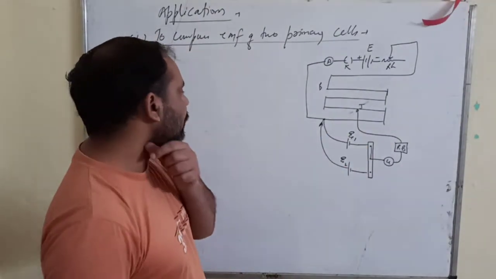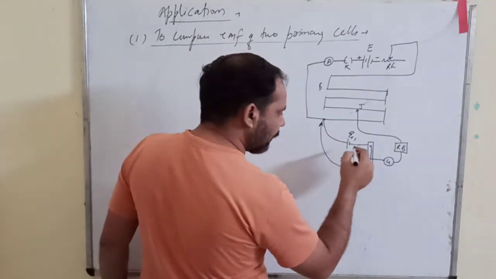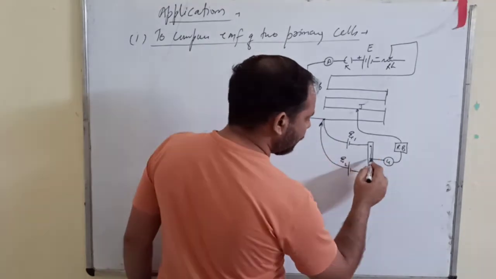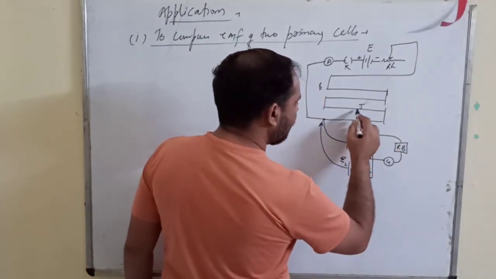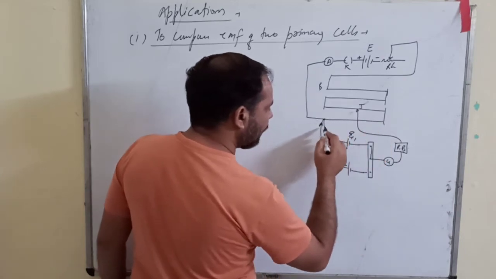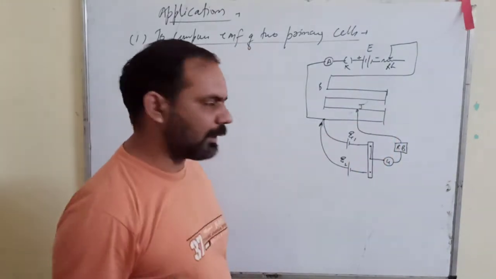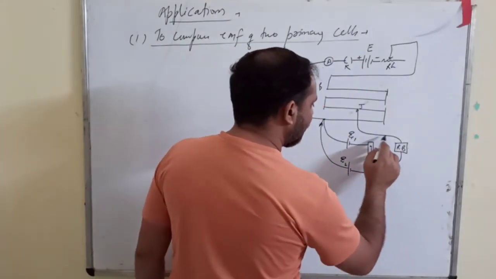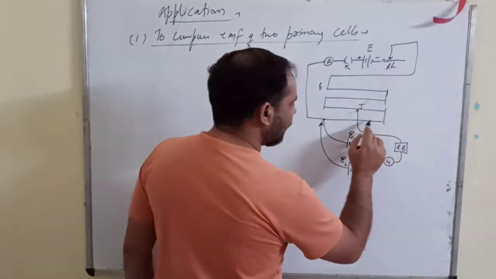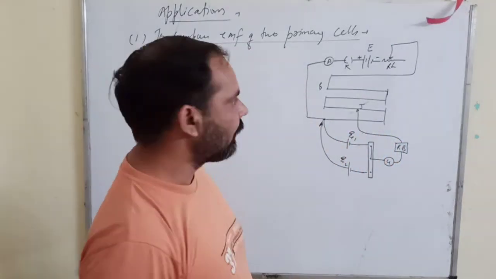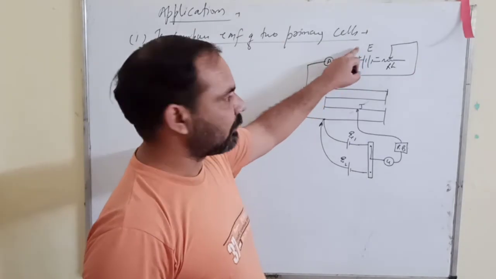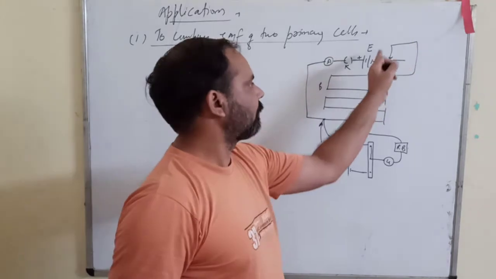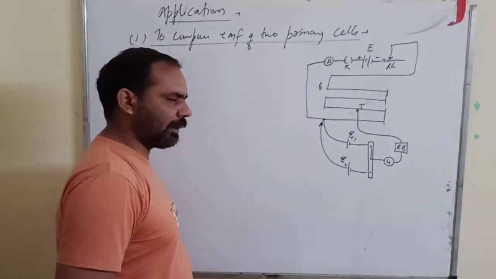Now how is the current flowing? Suppose I connected this one, so my current is flowing this way, and then is coming like this, and then again this one. I think you can understand what the circuit is, where the closed loop is. Again I am repeating, it goes this way and then comes like this. We already have the circuit for the driver battery. It is simple like this. This is the circuit of the driver battery.